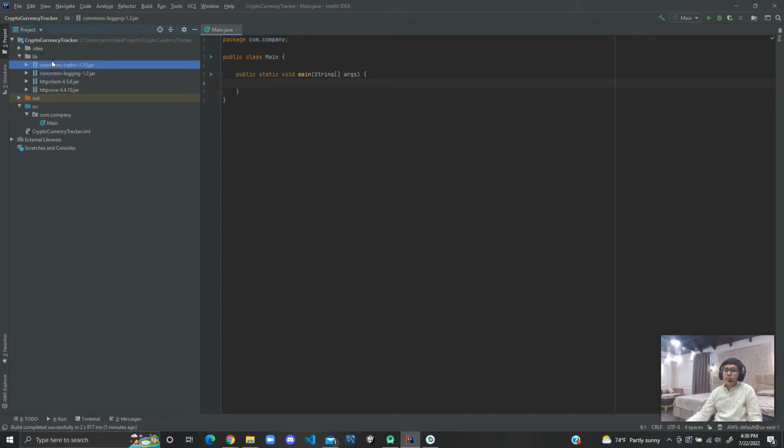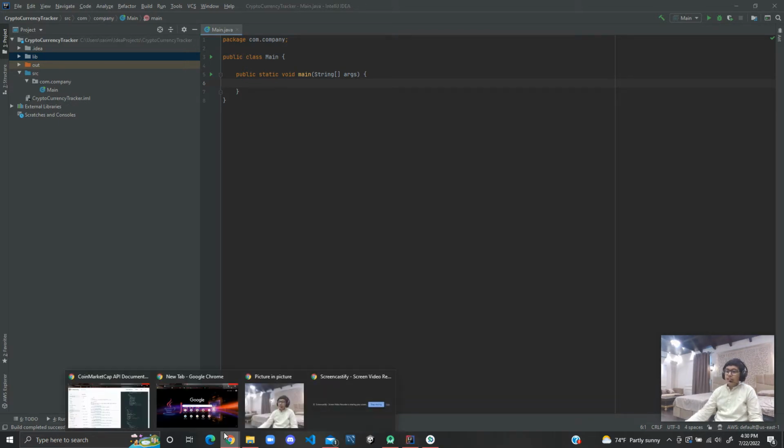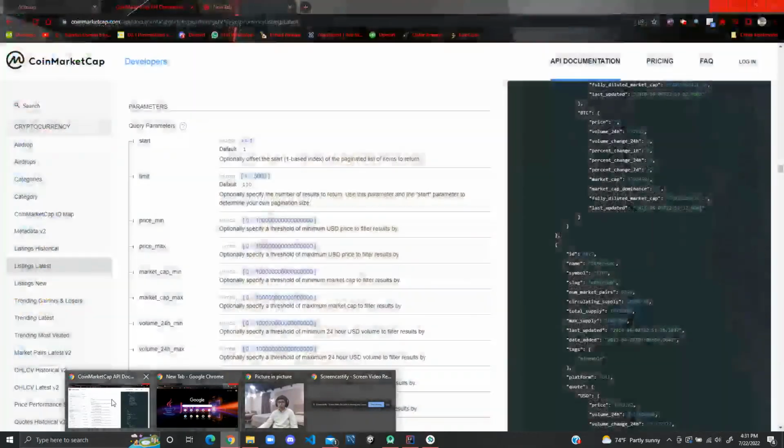Here I just had a lib folder and just downloaded the HTTP client jar off the internet. So you can do that. I'll leave the link to the jar file in the description. Extract it and then put it in this lib folder, and then you should be good to go. Either way works fine. So anyway, before we actually get to the implementation, I'm just going to quickly show the